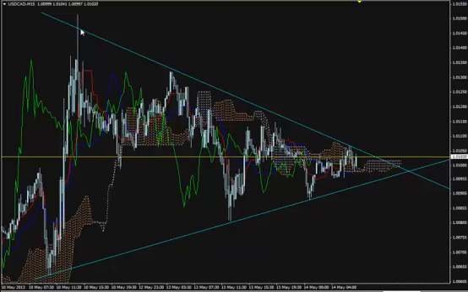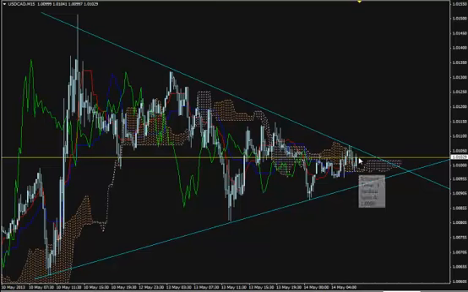Since the upper trend line was touched 3 times by the price, the fourth time usually is the one which leads to a breakout. So potentially there will be a very big move